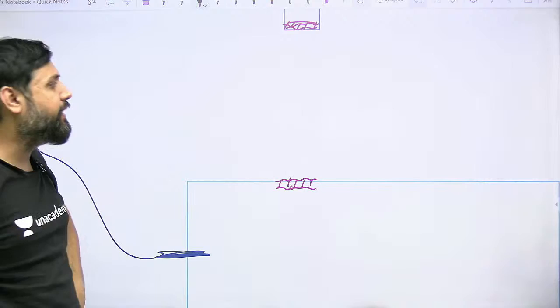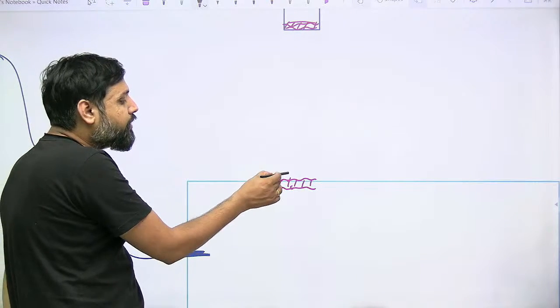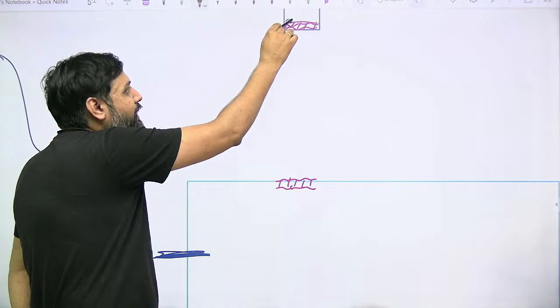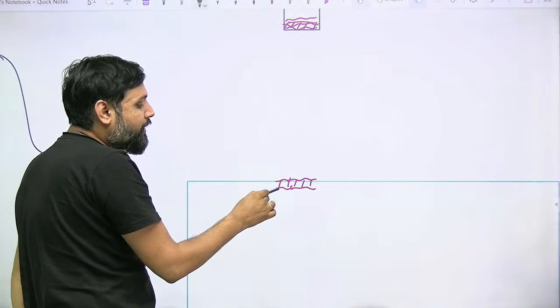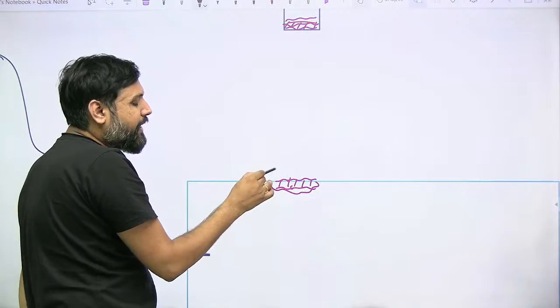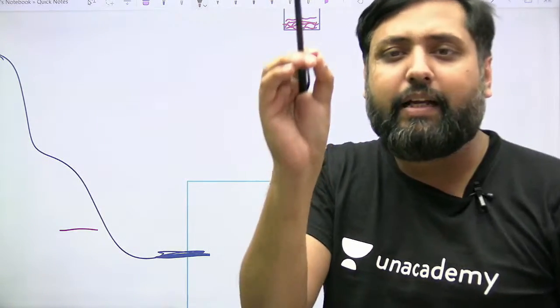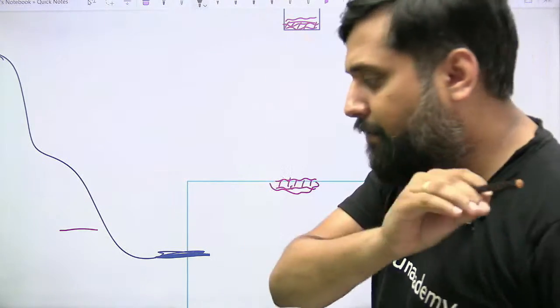Because of this severe heating, whatever electrons and ions were there at the electrode end or at the workpiece end became severely